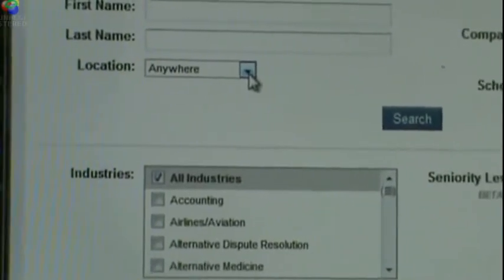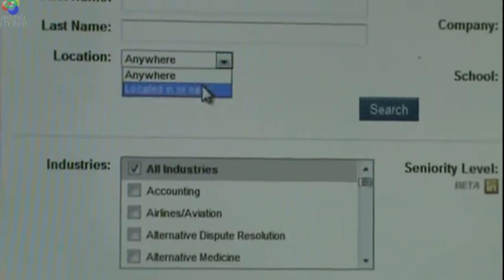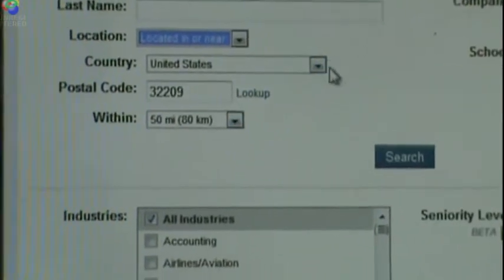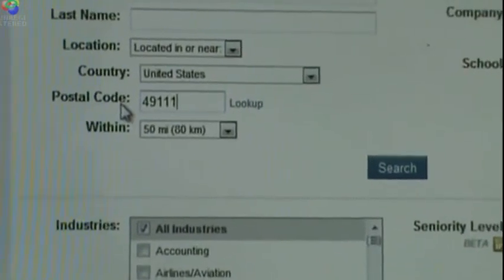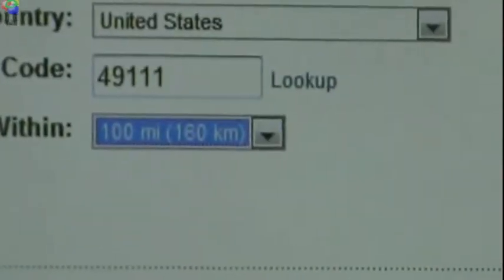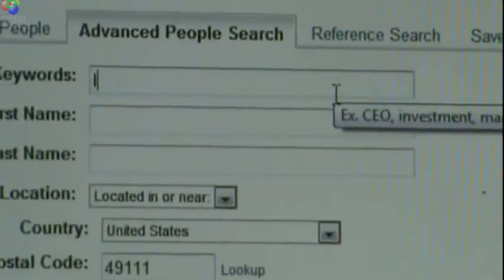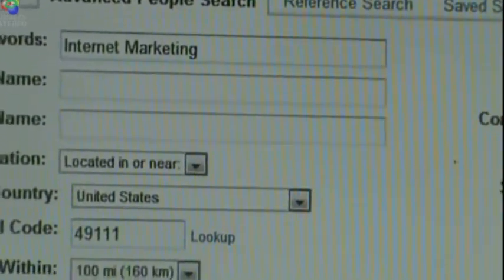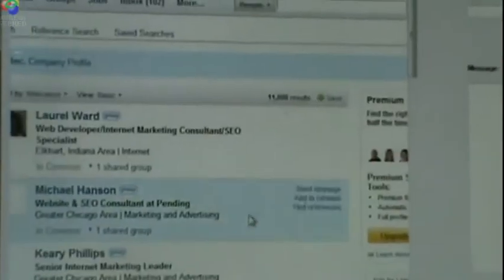If you want to enter a zip code in, you can click on the drop-down menu and select located in or near, and that'll bring up these additional fields here. You can type in whatever zip code you want. For this we'll do 49111. And we'll do a search within 100 miles. And for this, we'll probably do the keyword internet marketing. And anyway, once you narrow down the search criteria, you hit search, and then it pulls up a list of